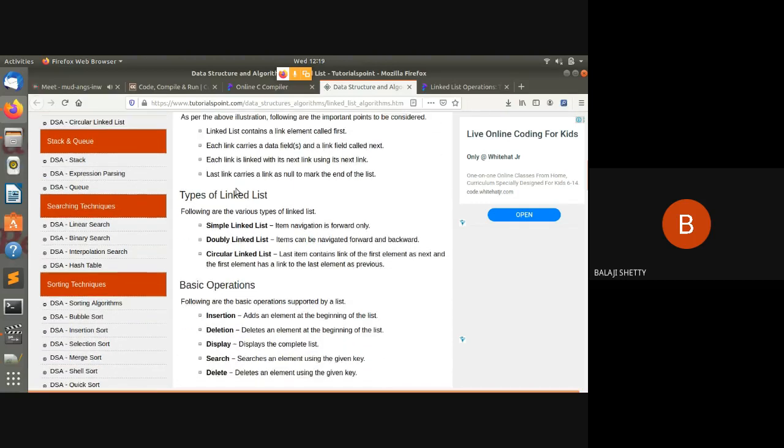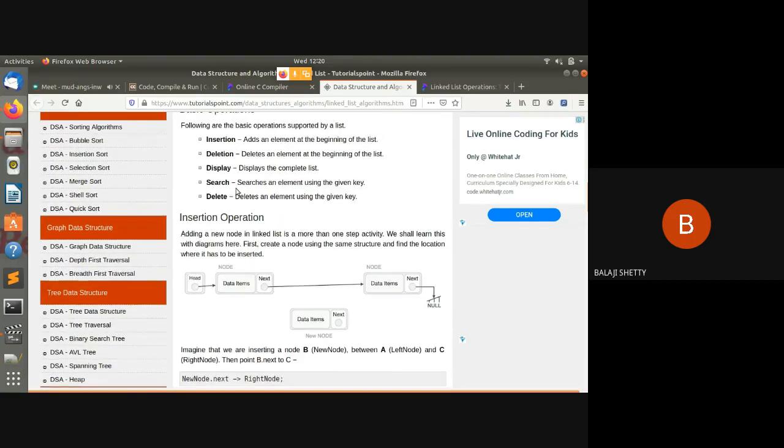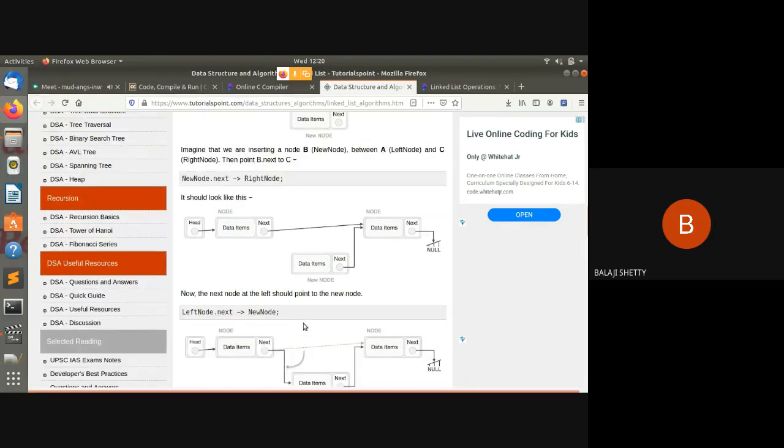Now these are the operations on a linked list: insertion, deletion, display, search. Suppose there are already two elements and I want to insert this element. Then what should I do? The address of the next element will be this element, and this element's next will be this element. You can see this.